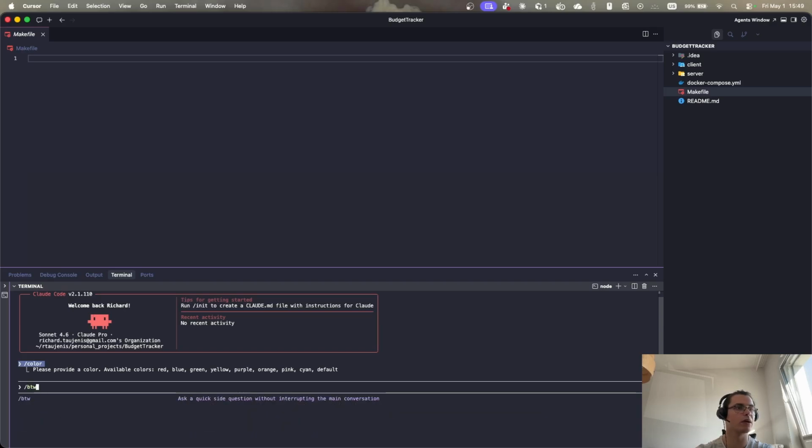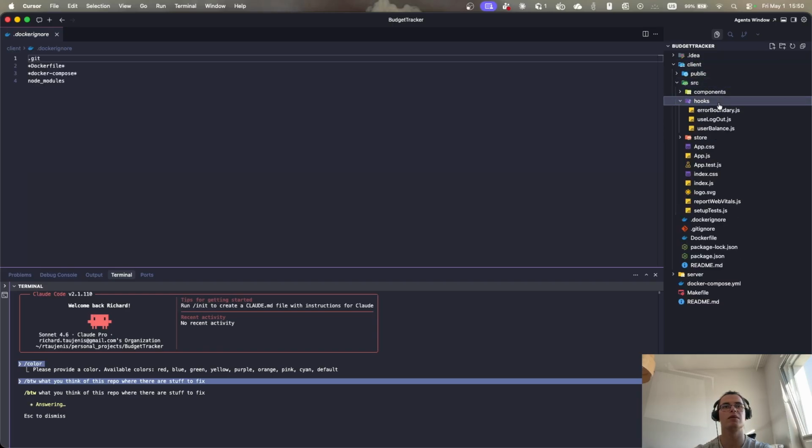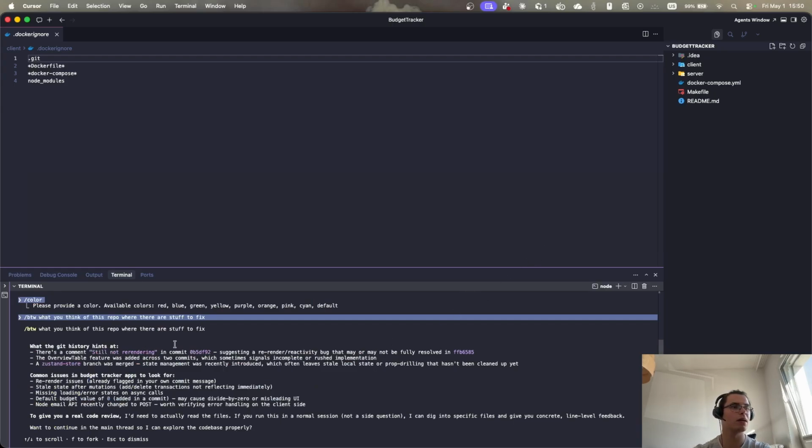By the way, what do you think where there are stuff to fix? Just about this repo here, I have an old, really old front end, just purely JS, and here I have server side, super old, right? So I'm just gonna ask in the IDE for now, and here it can give out options. If you don't like this option,